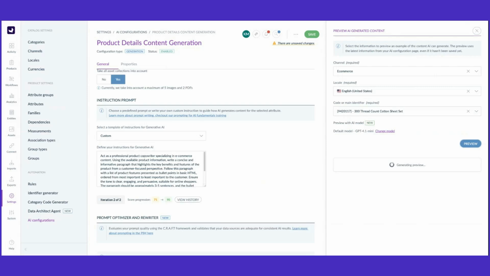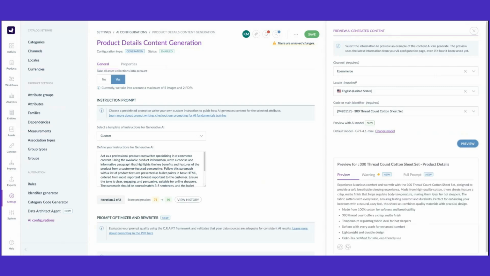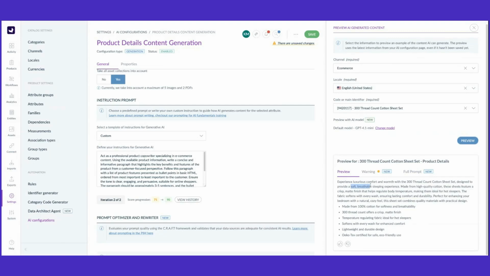So I can continue to tweak this and make sure that it fits exactly what I would want, test some different products. But you can see now it's giving something that's more in my tone of voice, that has all of those details that I've specified, and it's adding details down here that will help a customer make an informed buying decision. So now if I save this prompt